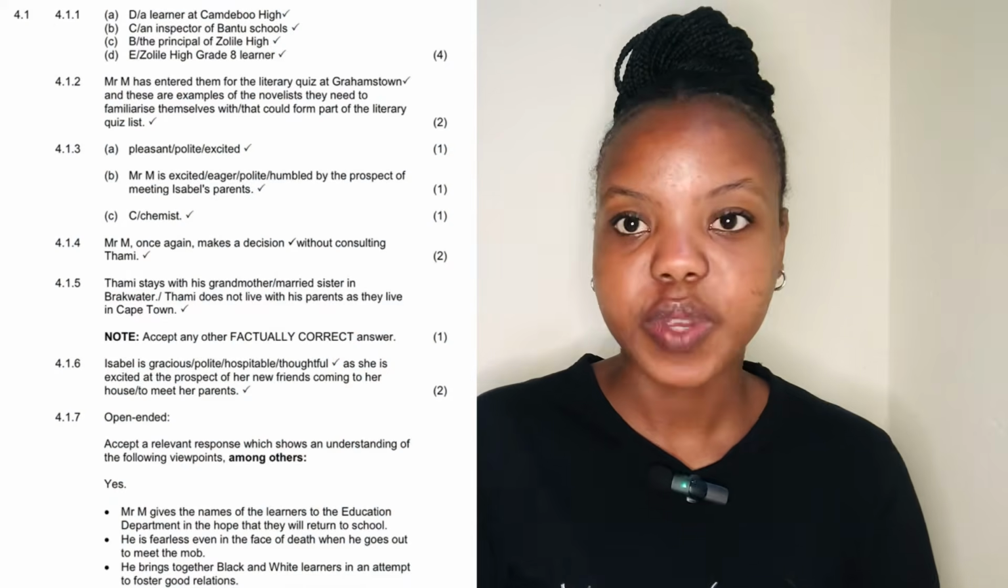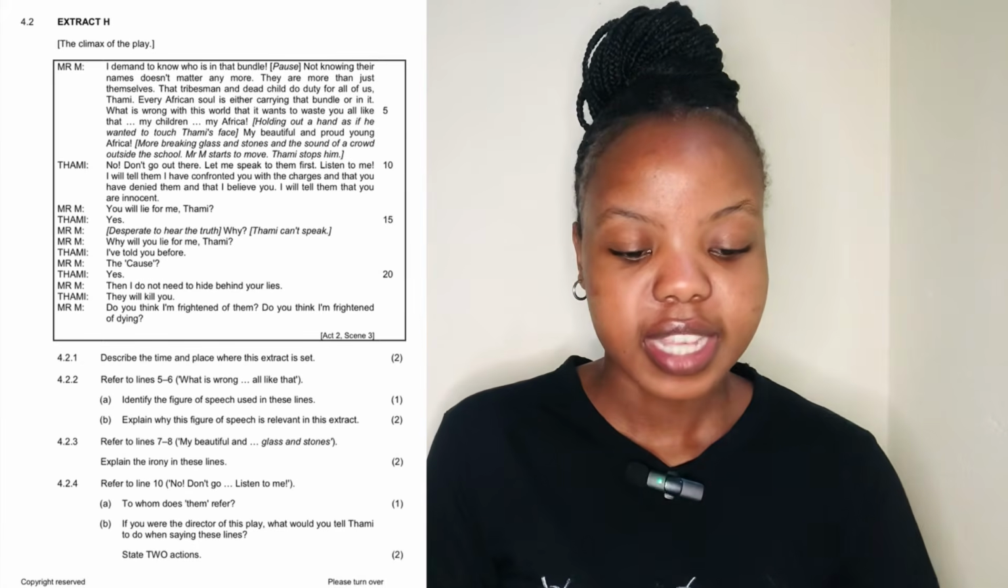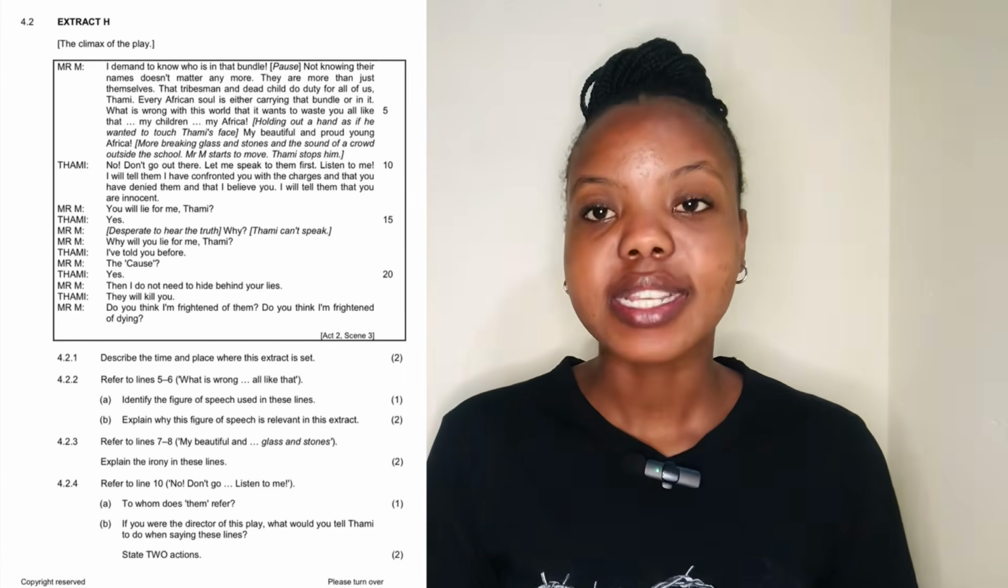Now we are done with extract G. We're going to move to extract H. I still suggest that you read the extract and answer the questions and then play the video so that we mark together. Okay? Here is extract H. So the first question for extract H is to describe the time and place where this extract is set. You have to describe where the extract is set. So the correct answer is that the setting is the classroom, or at Zolile High School,